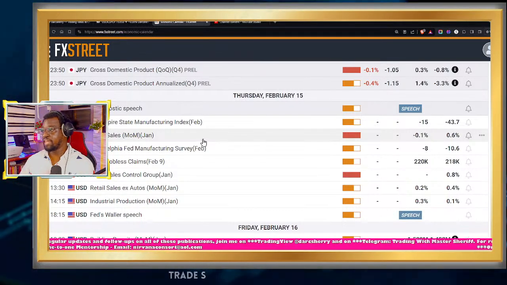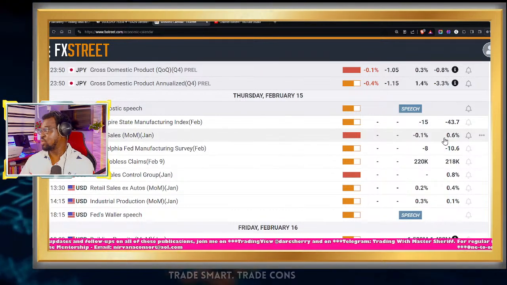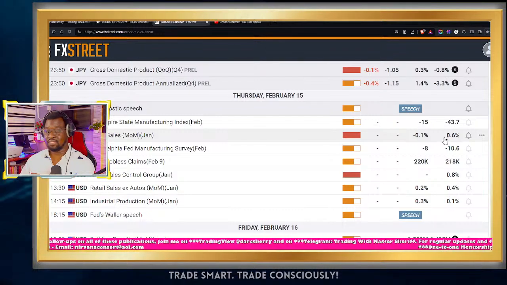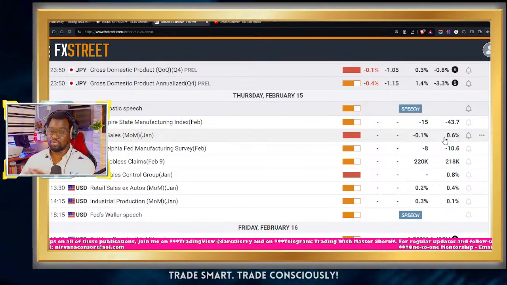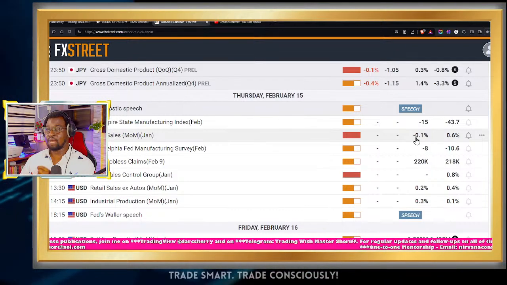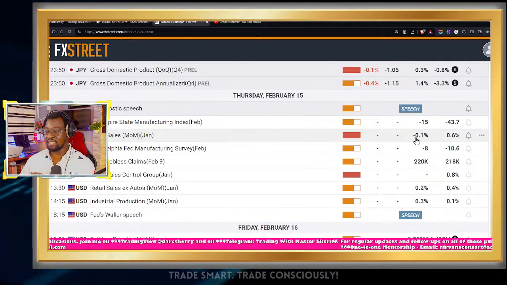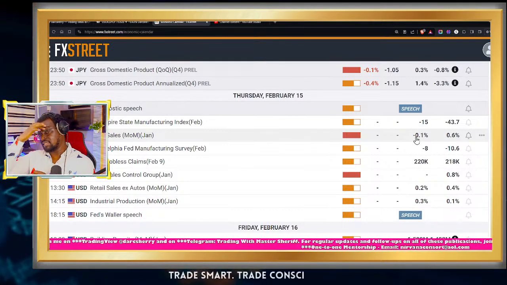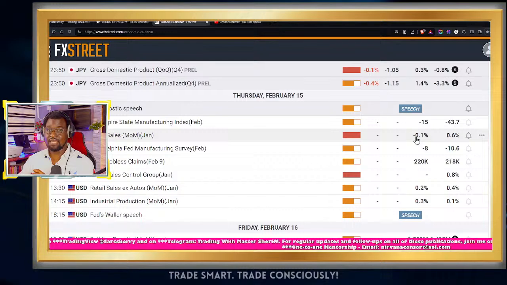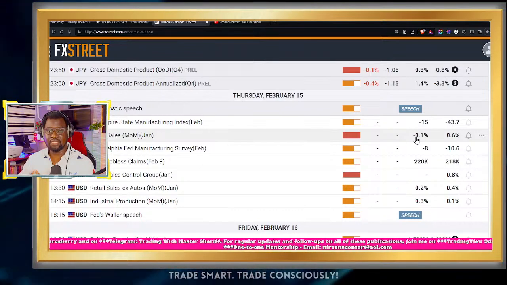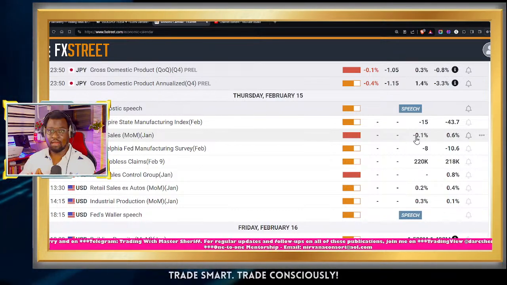Now, if we look at the retail sales data here, the data that came in for the previous month of December came in at 0.6% expansion. And we see what economists are projecting right now at a deficit of 0.1. What this simply means, based on what economists are saying, is that it is very likely that consumers are not having confidence in the economy because of what they are looking forward to.